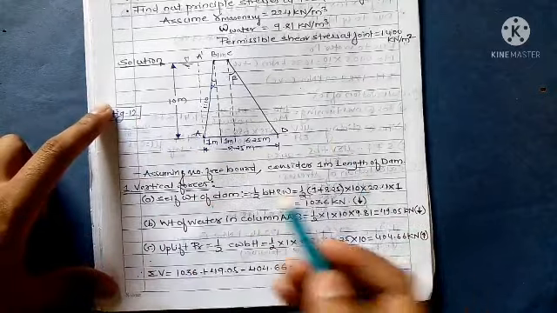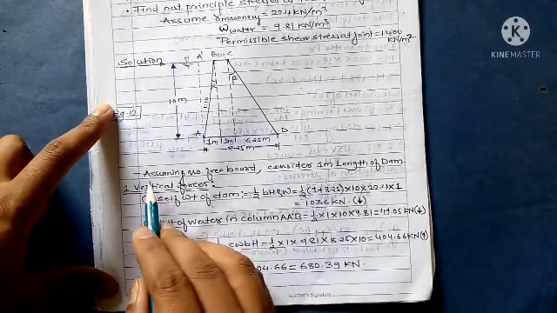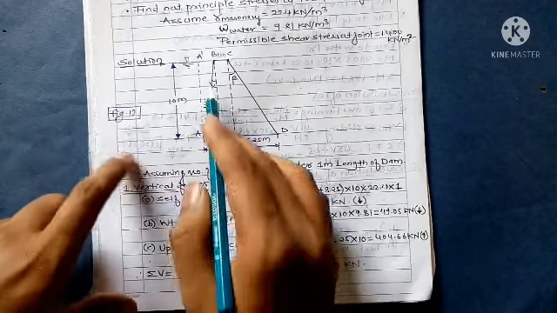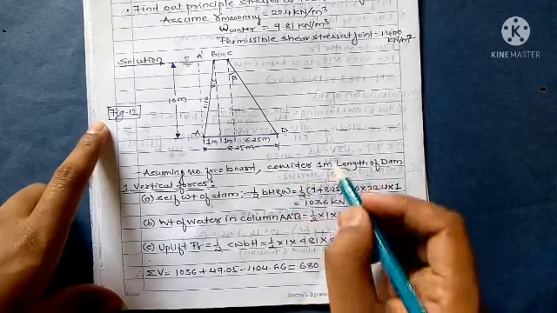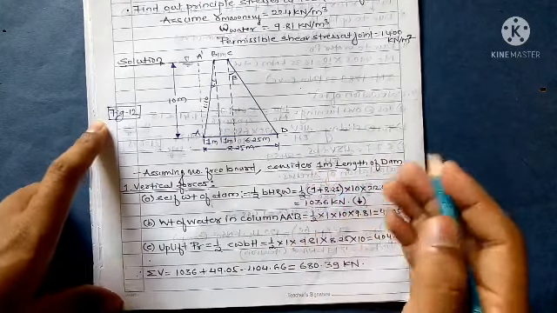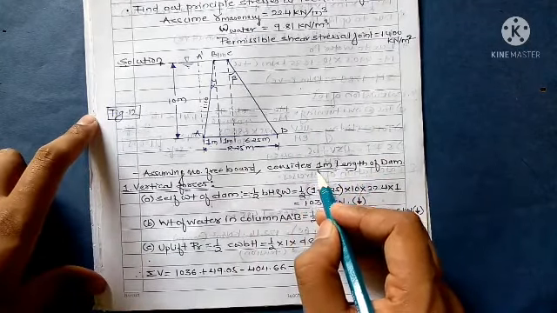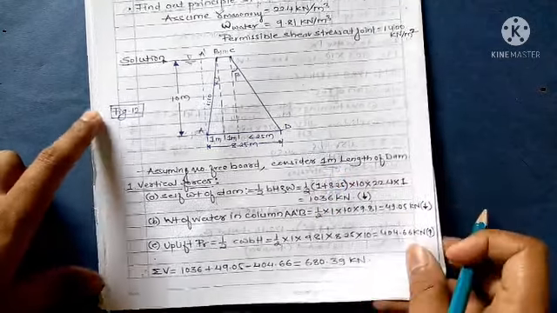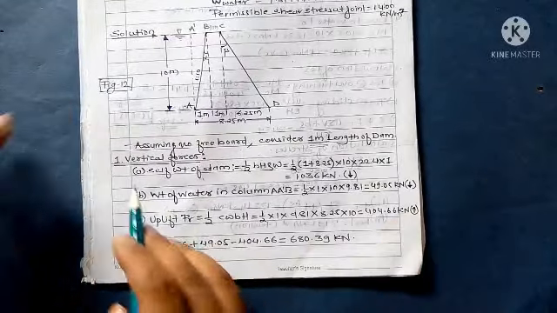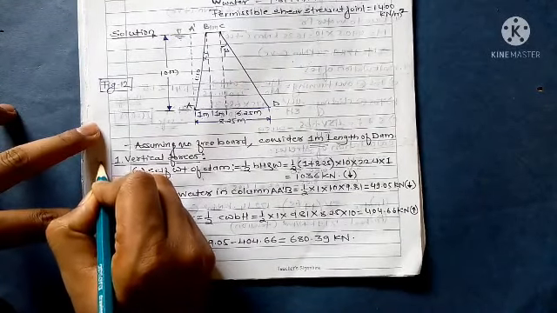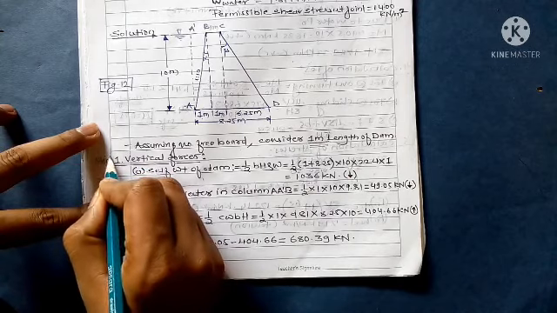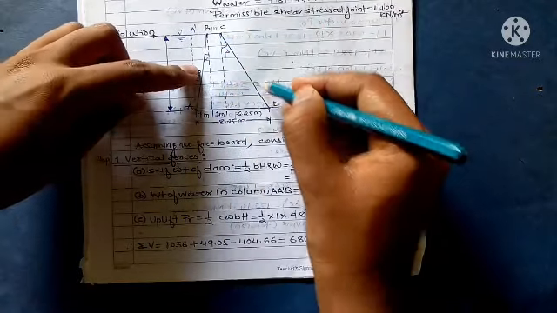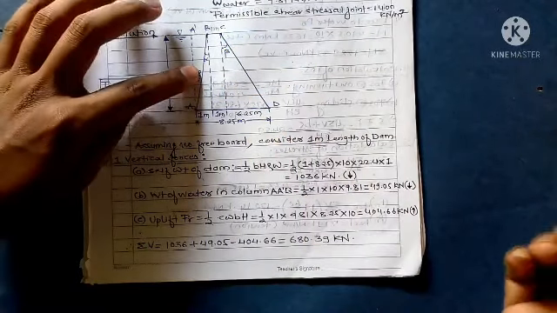So solution, first draw the diagram, then assume no freeboard. So we have discussed, it is assume the no freeboard. Consider 1 meter length of dam, क्योंकि एनालिसिस के लिए हम 1 मीटर लेंथ डैम का लेके एनालिसिस करते हैं. सो स्टेप फर्स्ट, वर्टिकल फोर्सेस. तो सेल्फ वेट ऑफ डैम. सो सेल्फ वेट ऑफ डैम,